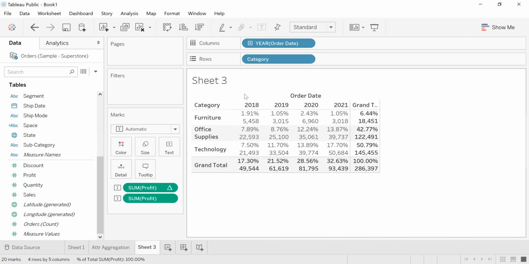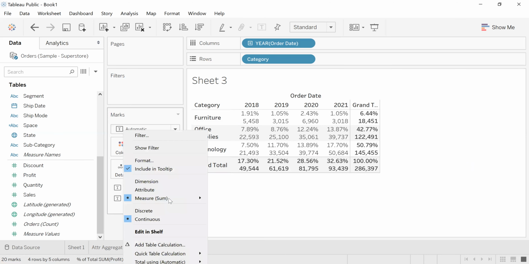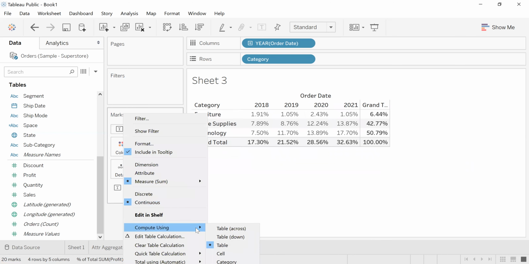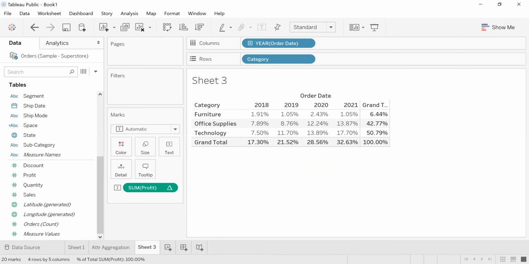So this is not table across or table down, it is table. Right now the movement is by the table. We discussed the three movements here: table across, table down, and table, which define the direction in which to apply the calculations. This is called table calculation.